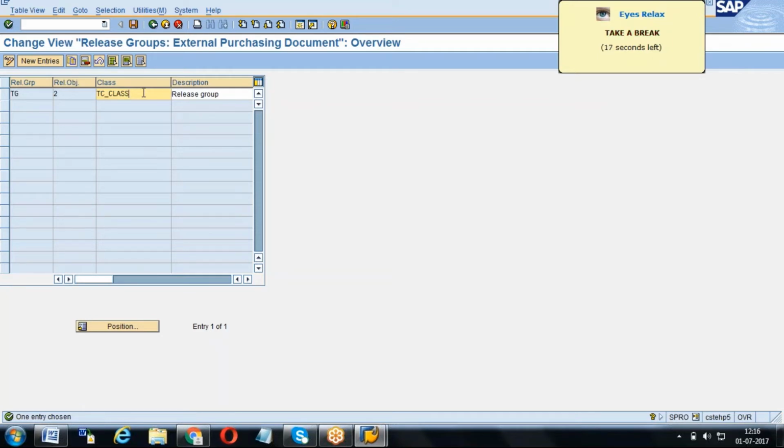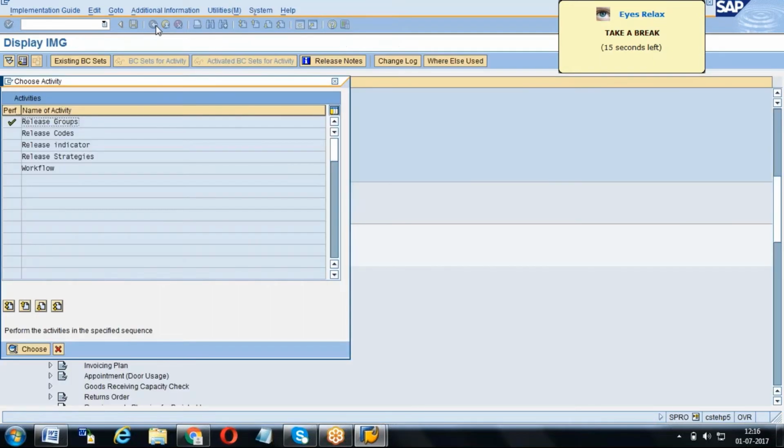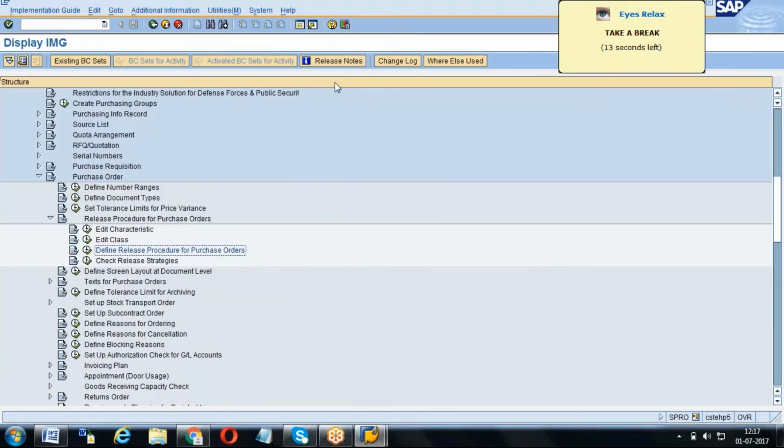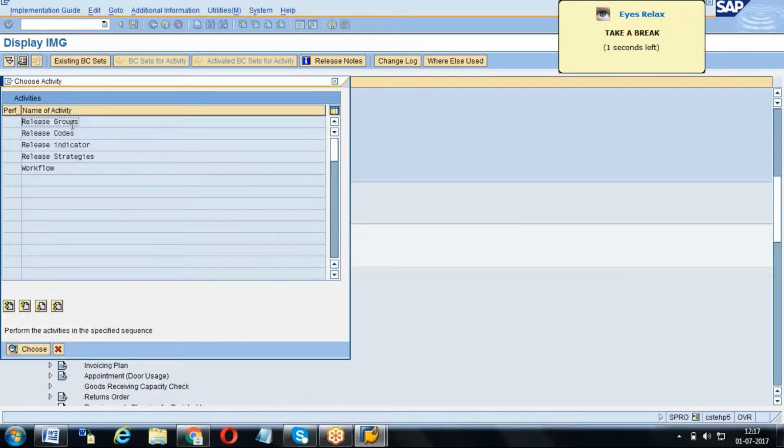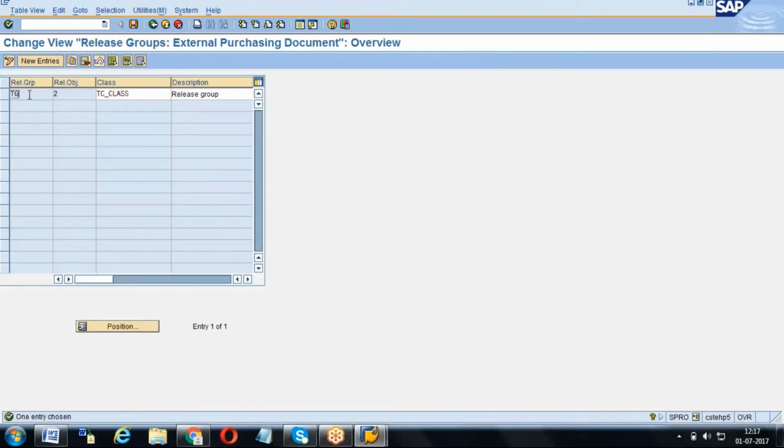When it comes to purchase requisition, we can have two classes, one for item level and another for header level. But for external purchasing documents, you will have only one class, which can be assigned to multiple release groups. You can create different release groups, but the class should be the same.